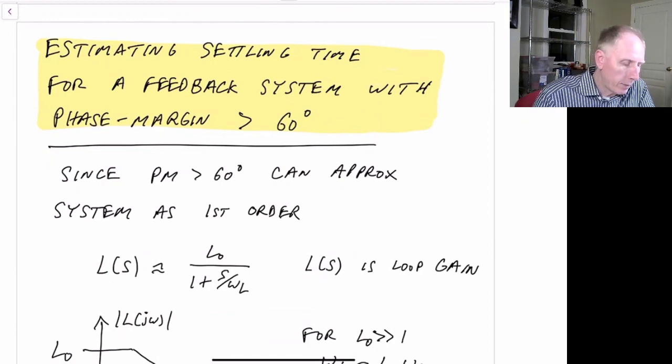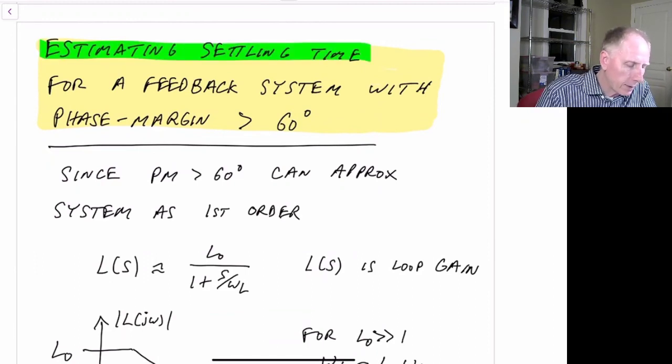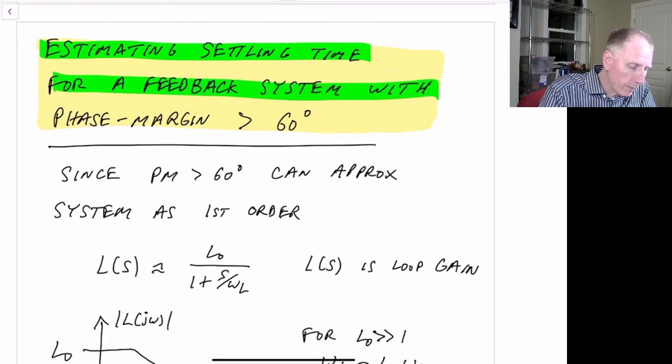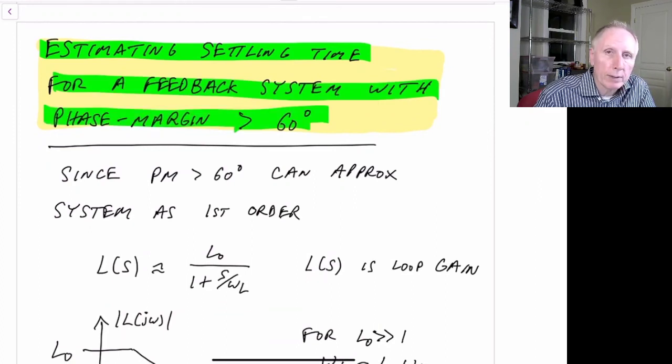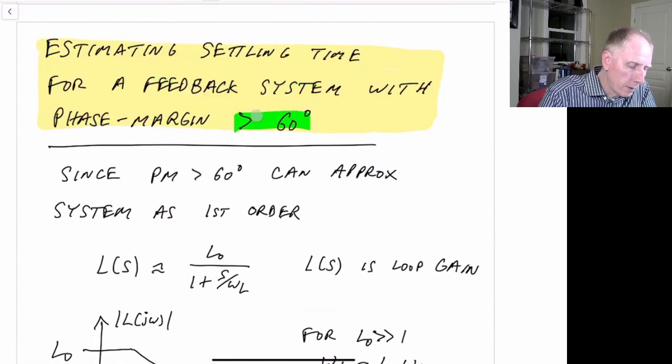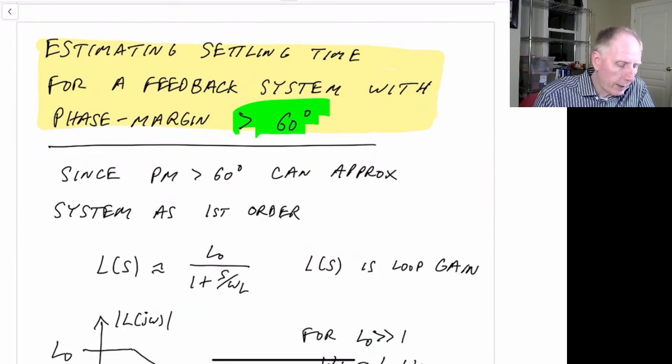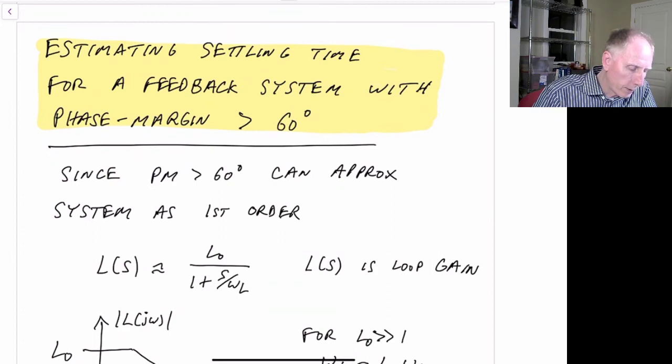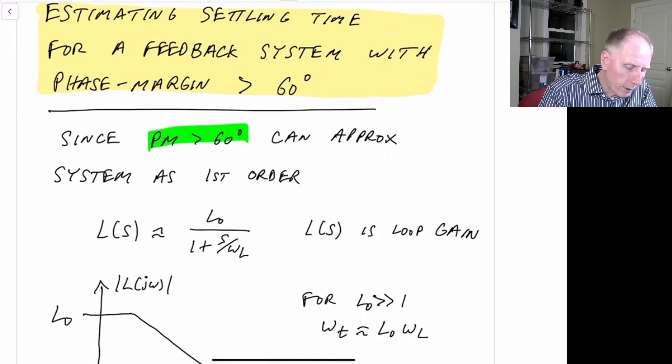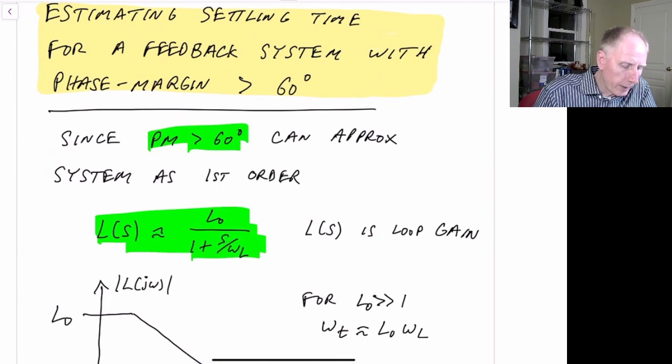Final thing I want to cover is just estimating the settling time in a feedback system that has a phase margin greater than 60 degrees. I mentioned the phase margin greater than 60 degrees because if that's the case, then the settling behavior will be more like a first order system. It won't have a lot of ringing associated with it, and so we can approximate that roughly as a first order system. So since our phase margin is greater than 60 degrees, and the higher it is, closer to 90, the more it'll look like a first order system, we can approximate L as just being a first order system,